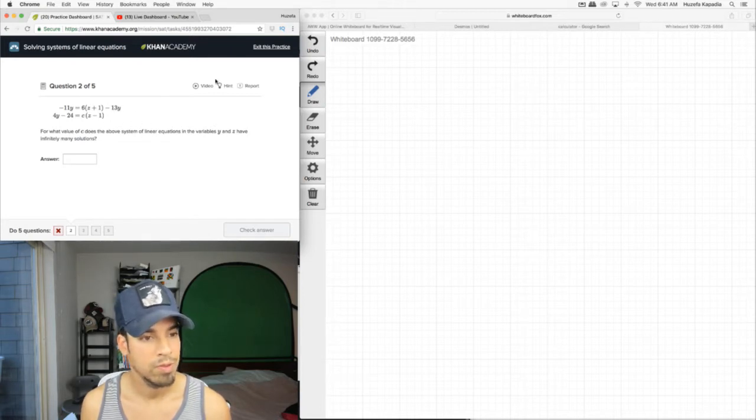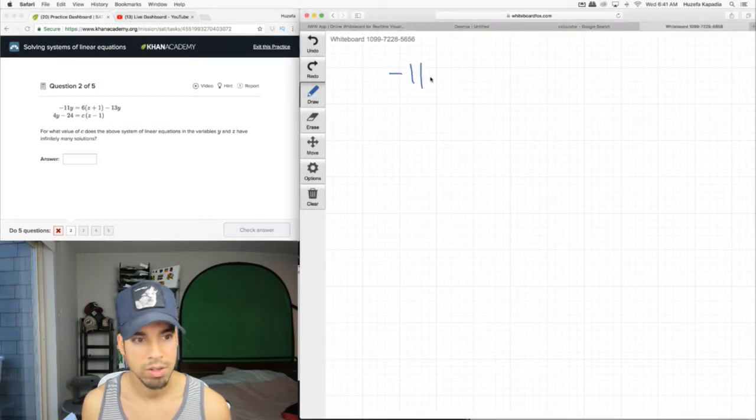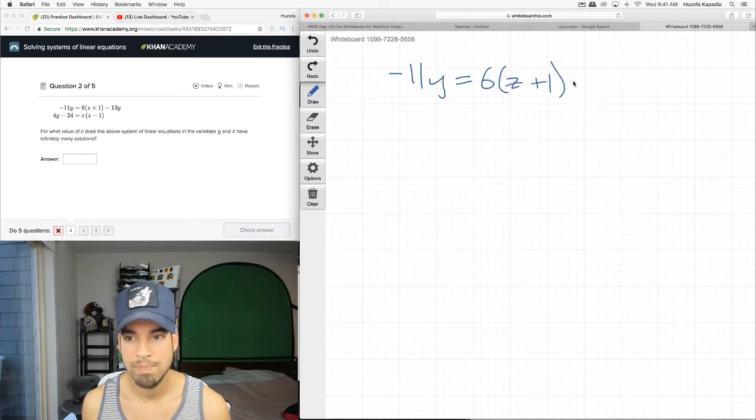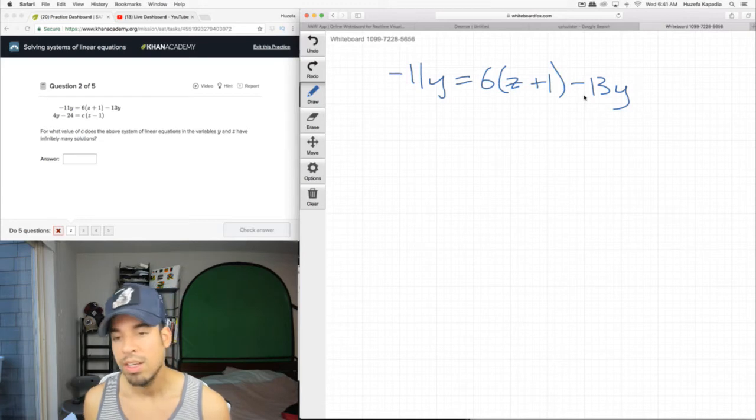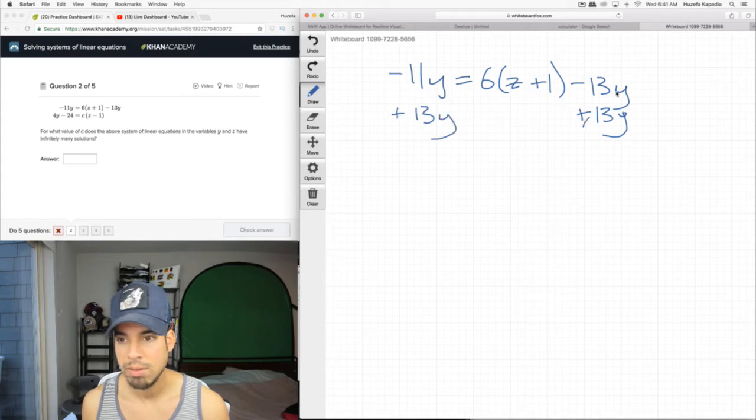Slope-intercept form, excuse me. So I'm going to jump into this by, let me write it down here, 11y equals 6 times z plus 1 minus 13y. And if you're new today and watching this for the first time, yes, I am always seeing these for the first time. So here and there, I can make mistakes. That's part of the fun. 2y equals,